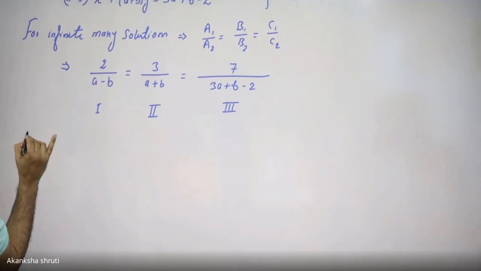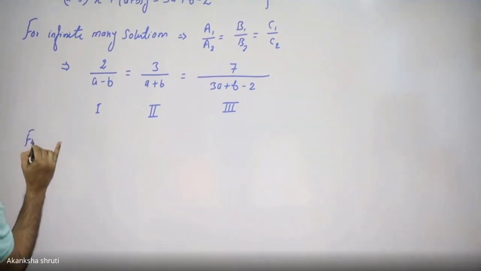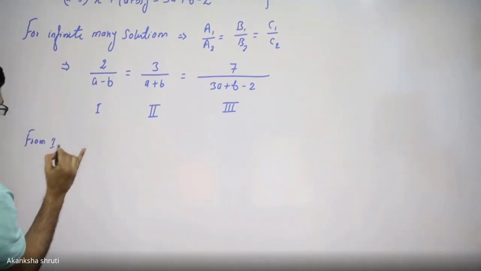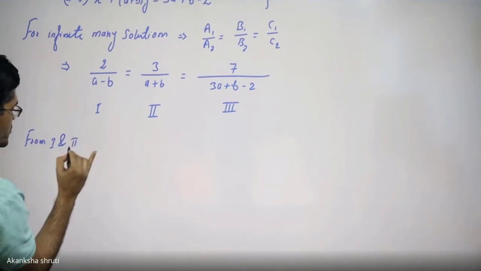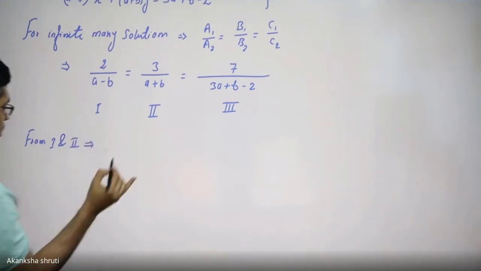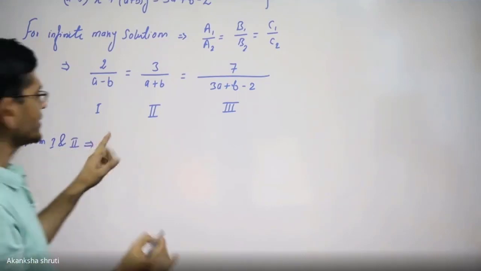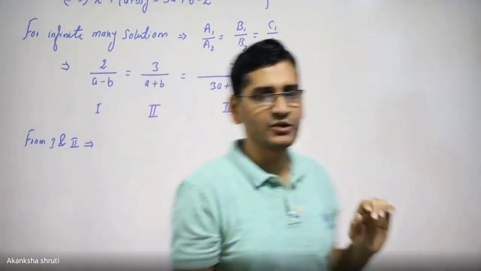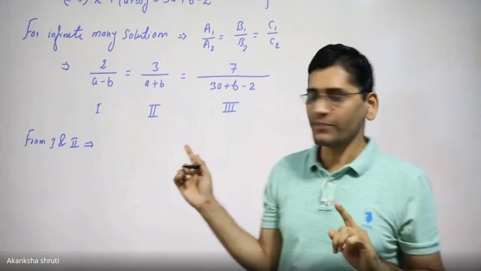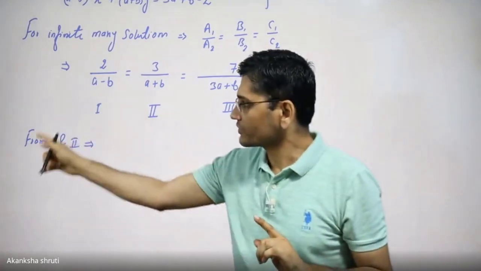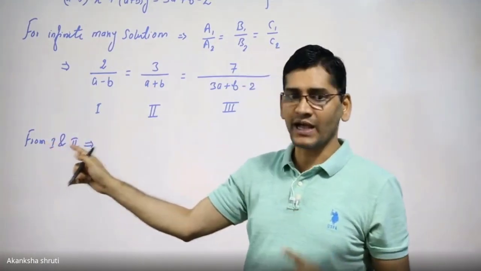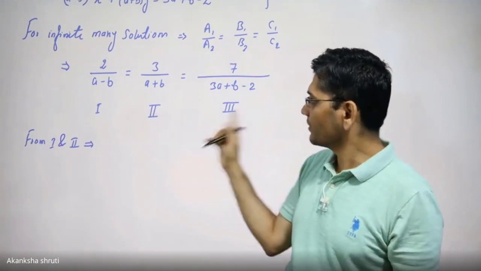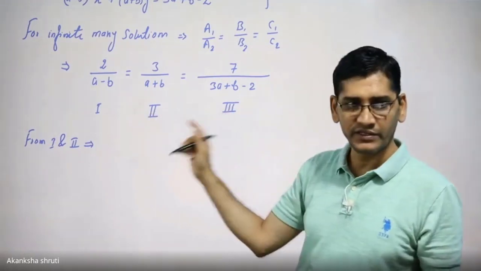So let us take from 1 and 2. You also write this much only. Okay, now students, you must put this symbol, like capital 1, 2, 3 below these ratios. From here it is easier for you to write. And in the exam also you have to write like this. Write this way only. It gives more clarity.